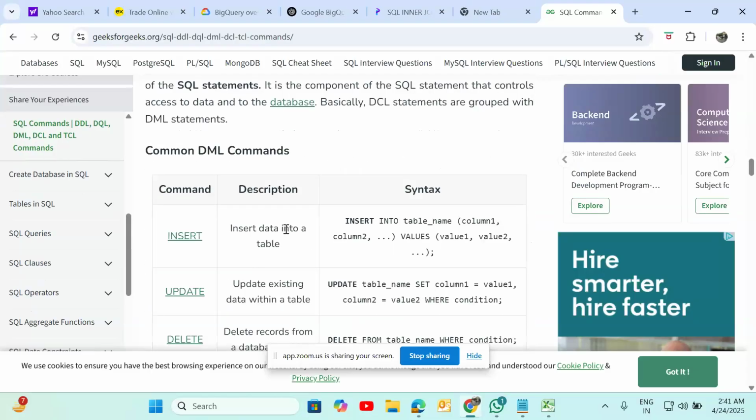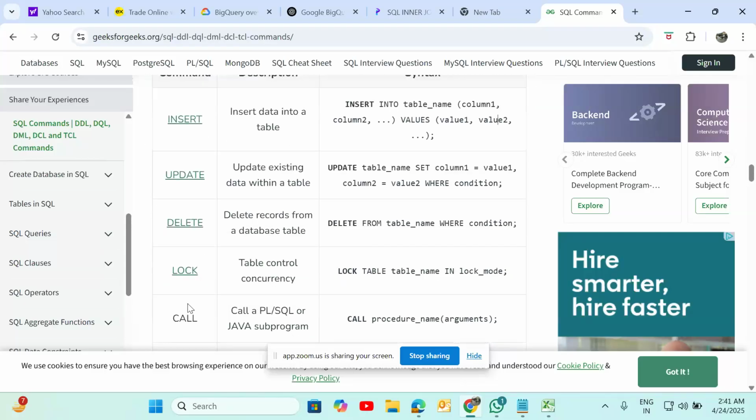Okay, DML, data manipulation language. For example, if you want to insert data, you have insert into, the table name, the columns, and these are the values, value 1, value 2, value 3. For example, if you create a table, then you insert the values, such as first name, Rafi. Then updating: for example, Rafi needs to be renamed to something like XYZ. Then delete. These are the common ones.